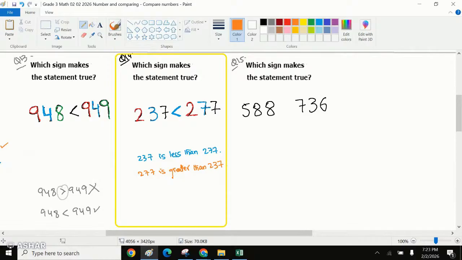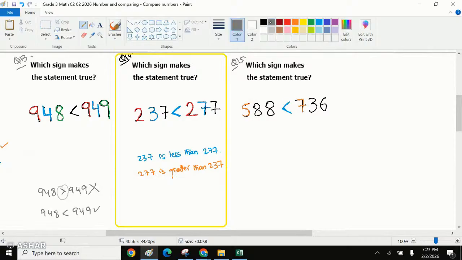If it's a 3-digit number, we first need to compare the hundreds, right? So the hundreds digit was a 5 over here and a 7 over here. So which is greater? Which value of 100? Yes, thank you, Ethan. Thank you, Lego Boy. That 736 is greater. Thank you, Rebecca. Thank you, May. Thank you, Inspiration. Okay, so simply we say that this is greater,